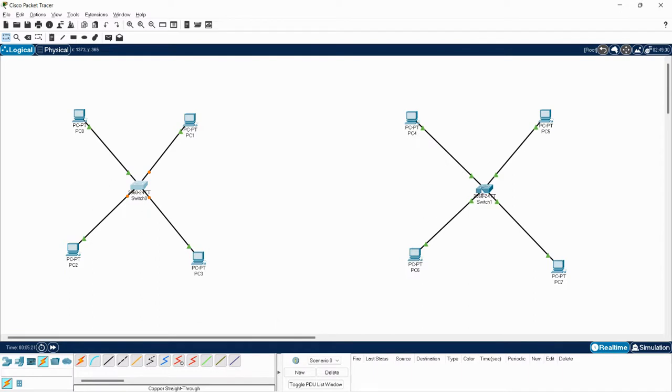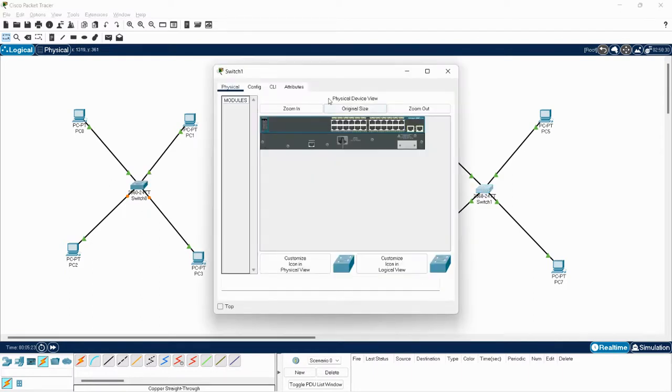Similarly, I'm going to run the following commands in switch 2.